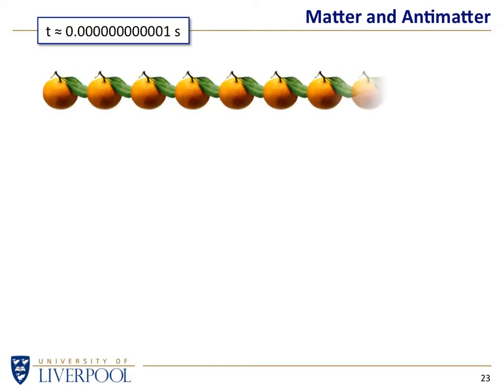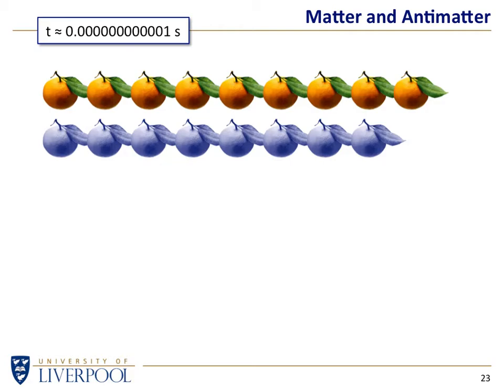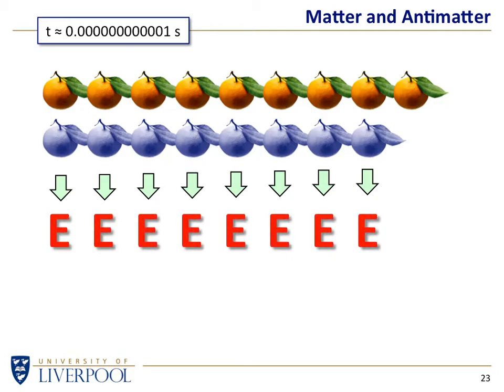In other words, we generated a certain amount of matter and a certain amount of antimatter, and they didn't quite match. Here I've shown one is 10% more than the other. It wasn't that dramatic. The difference between how much matter and how much antimatter was not 1 part in 10, it was more like 1 part in a billion, but there was still a quite definite excess. So this matter could annihilate with that antimatter, and this matter could annihilate with that antimatter, and all of those will annihilate and produce energy.